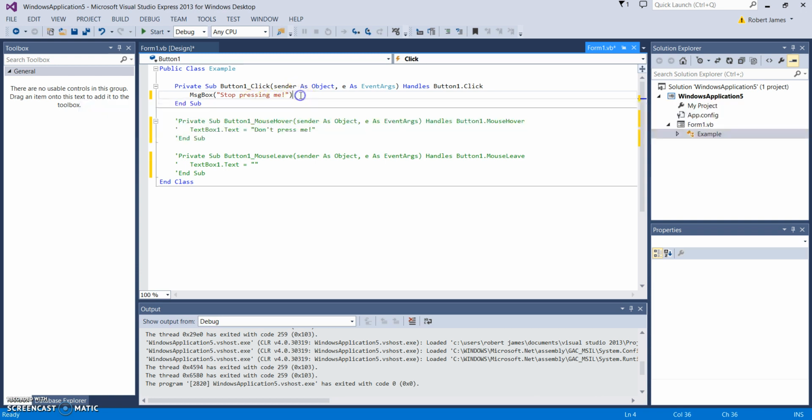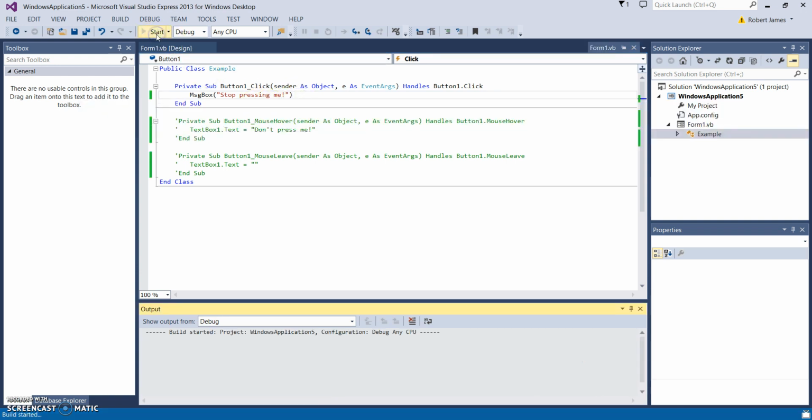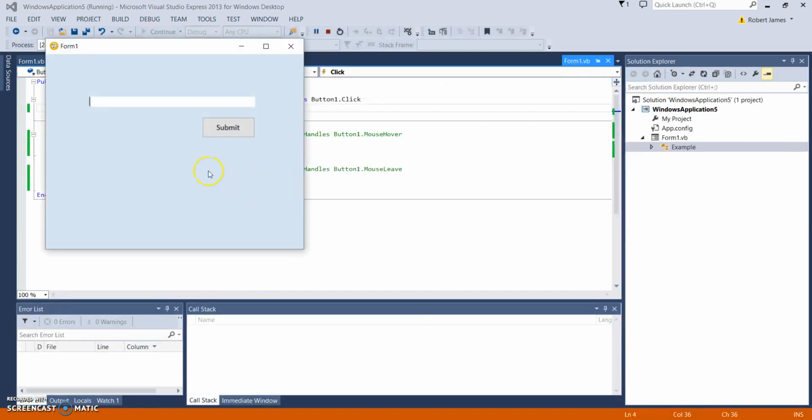Okay, now if I run that as it is, and we're going to come back to make adjustments to it, the code should be fine. The syntax looks like it's been running okay. And now when I press submit, I get a message box appearing, which is the name of the project: stop pressing me. Okay, great, it works,